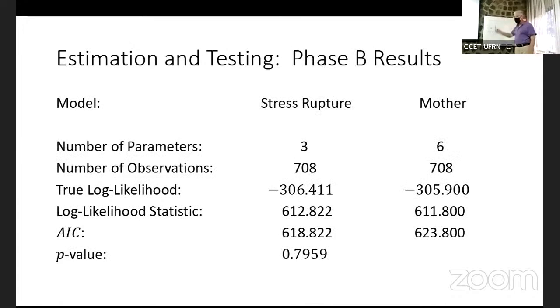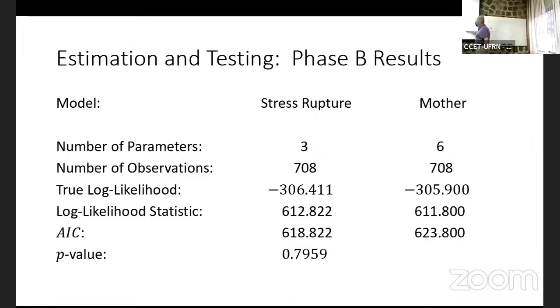I wish I could give you the parameter estimates. I can't. Otherwise, that's all real data. This is the log likelihood building each 2-parameter Weibull distribution for each stress ratio, and this is that likelihood ratio. This is the log likelihood associated with the simple linear regression model. Not much difference, is there? I get the log likelihood statistic, minus 2 times that, subtract it. We're going to get a p-value of 0.7959. Classic case, I cannot justify the extra 3 parameters. The stress rupture model is effectively as good.